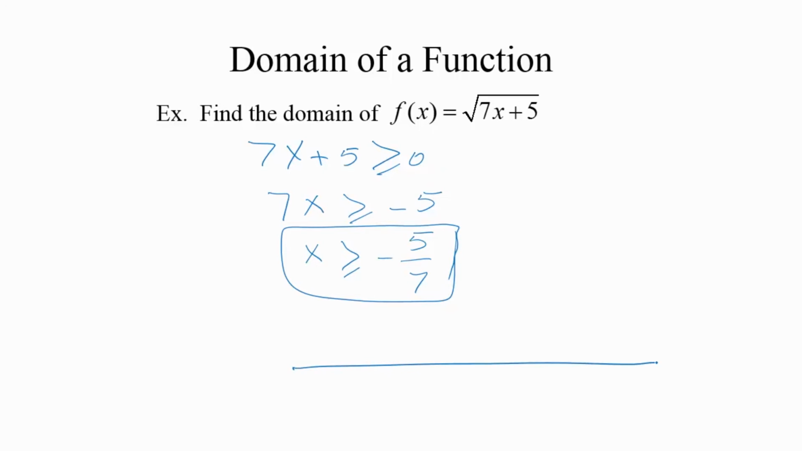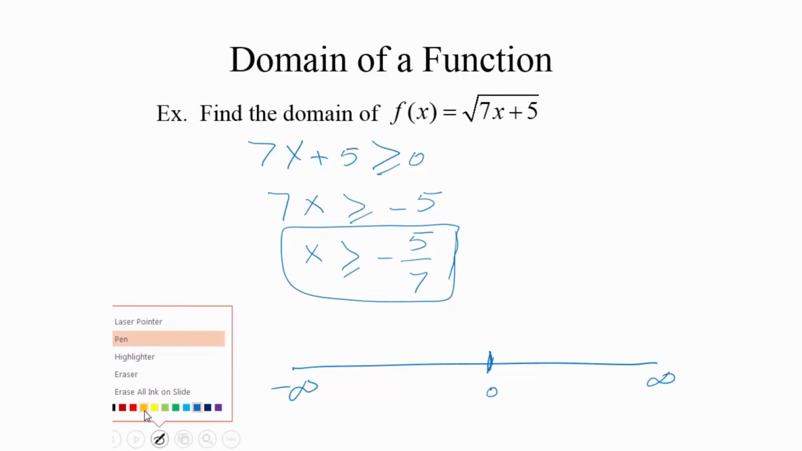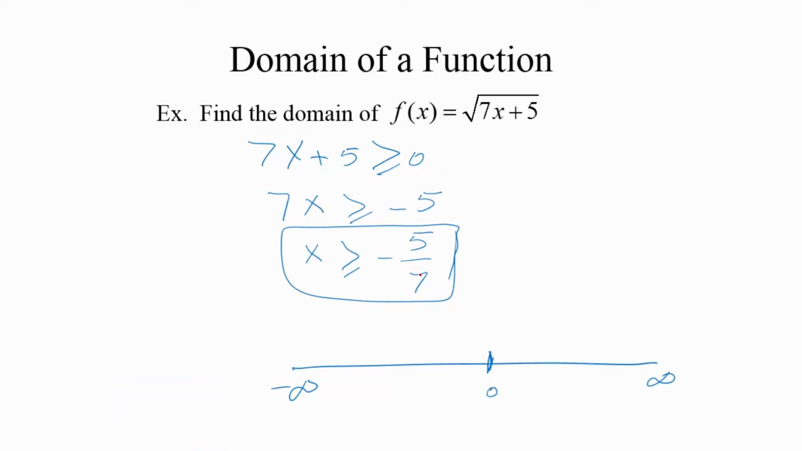So on the number line, here is infinity, here is minus infinity, here is 0, right? Minus 5/7 is less than 0, but not exactly minus 1. So somewhere, let's say somewhere here. I'm sorry, greater than or equal to minus 5/7. So that means it is from here. Let's say this is minus 5/7